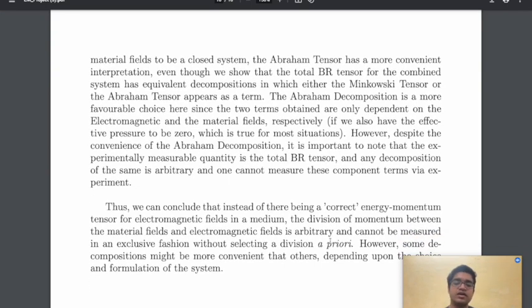And importantly, as I said, the experimentally measurable quantity is the total BR tensor, and any decomposition of the same is arbitrary. But the Abraham decomposition has these nice properties and is more interpretable because you can write those two terms in the form of a continuity equation. Thus,